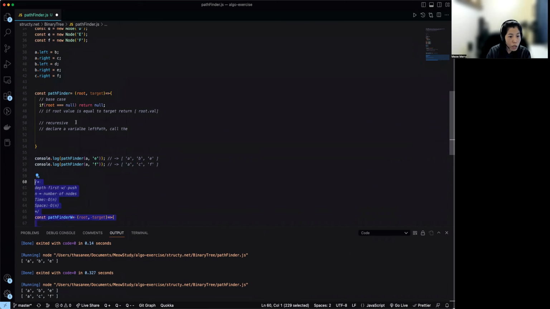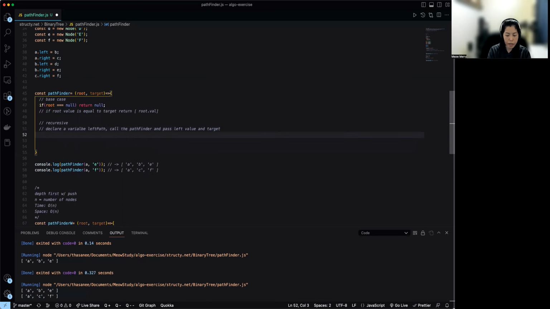Okay, we're going to call the pathFinder function recursively and pass the current values of the left side: path left, value left,